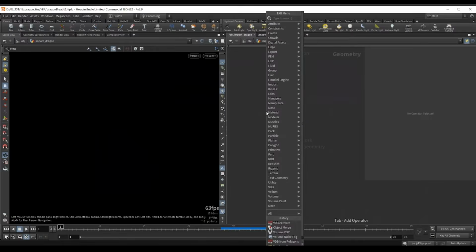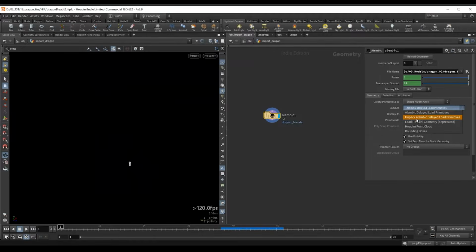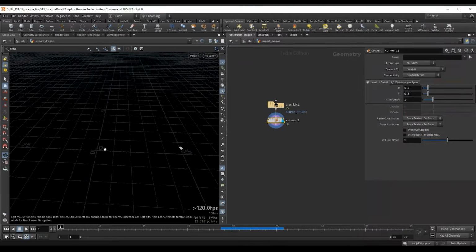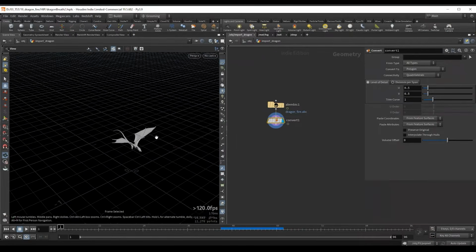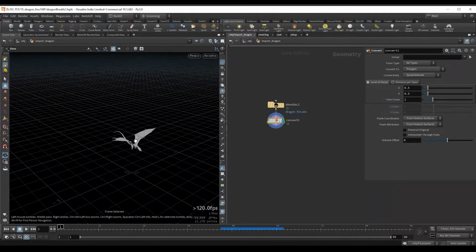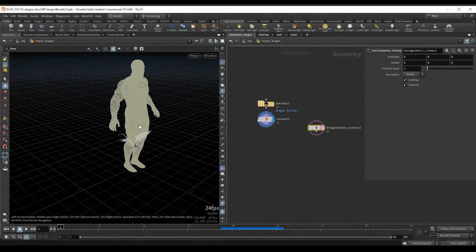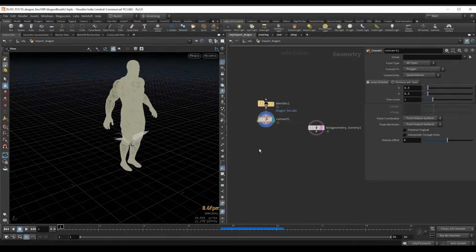Let's grab our Alembic animation, so I will drop an Alembic node and load in my dragon animation. Let's load unpack delayed load primitives and also throw down a convert here, so we are not working with packed geometry, and this is currently our animation. Now, depending on what kind of geometry you're importing and the software you're importing from, we can see that if I drop down a test geometry, Tommy, and compare, this is probably not the actual size of the dragon, so we will use a transform.